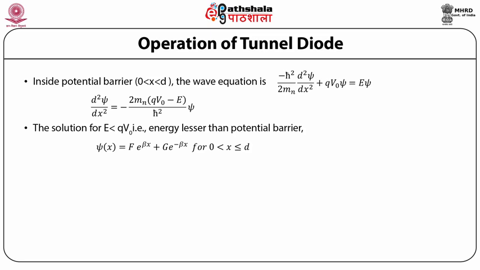Now students, here the parameter beta is given by root of 2mn multiplied by (qV0 minus E) by ħ